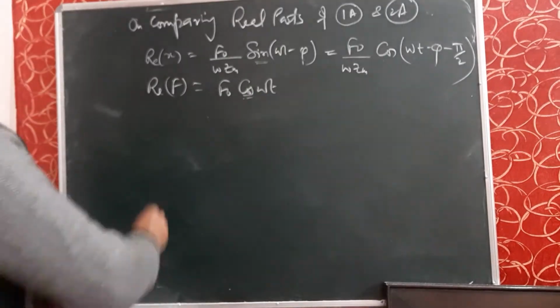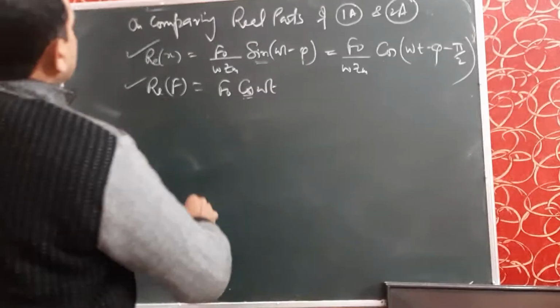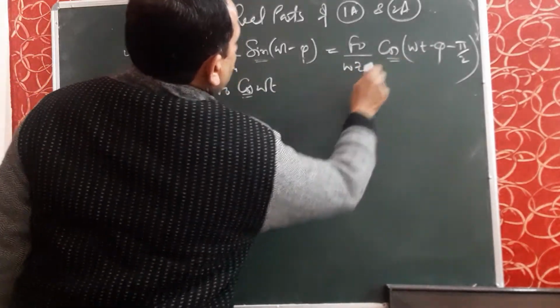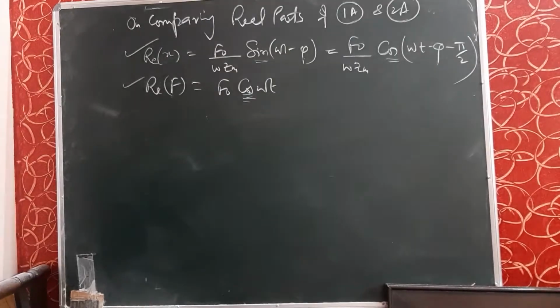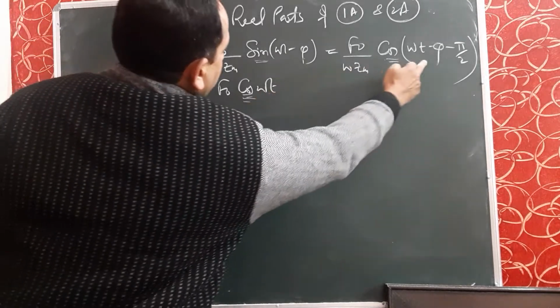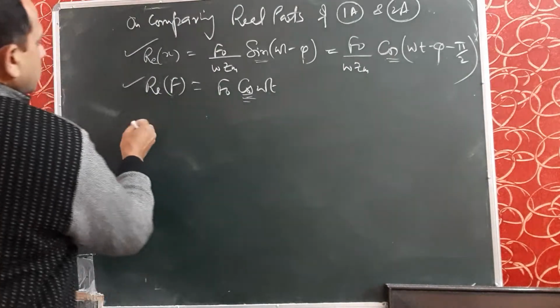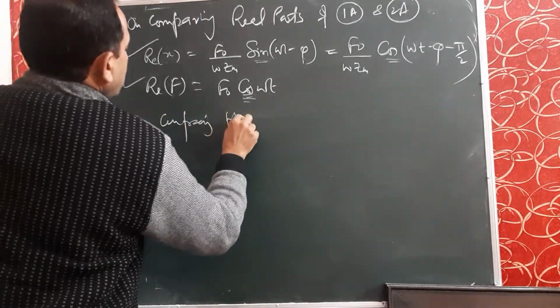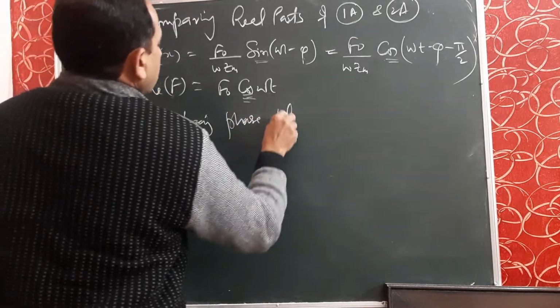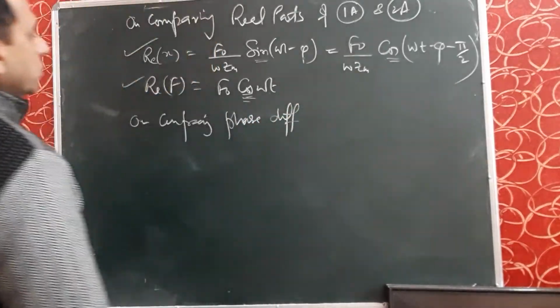Now, in the real part of x, there is a cos function. In the real part of force, there is also a cos function. Now, we will compare these cos functions and we will get the phase difference between these two. So, on comparing the phases of both, the phase difference is